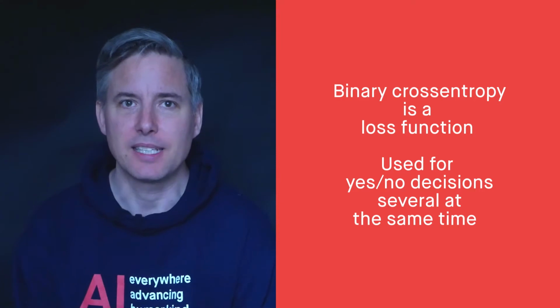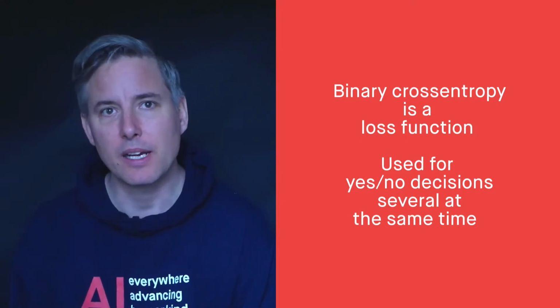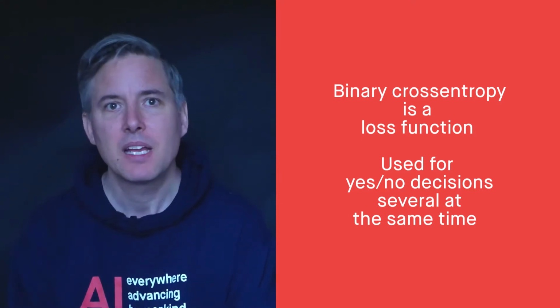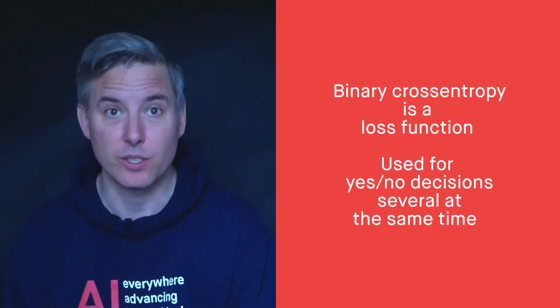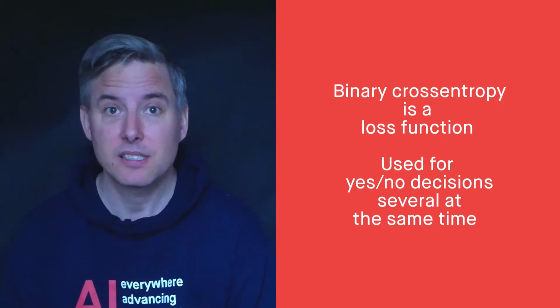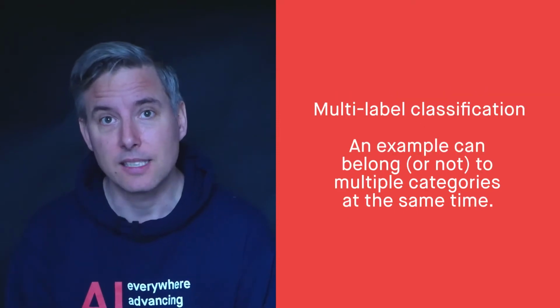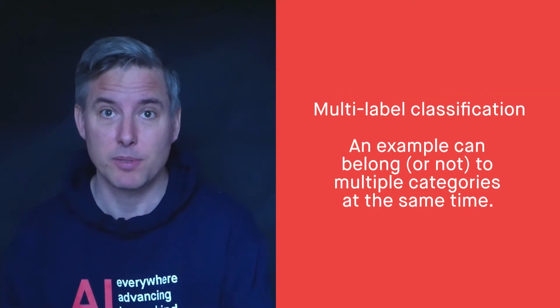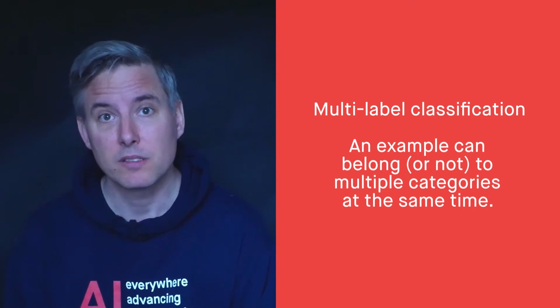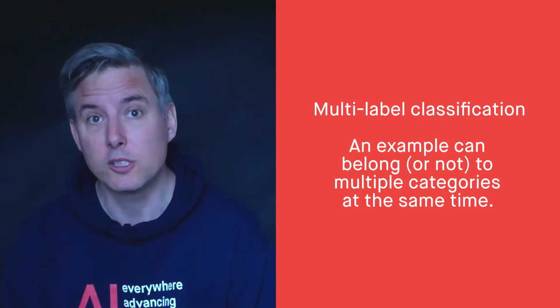Binary cross-entropy is a loss function that tells you how good your model's predictions are. It is used to make yes or no decisions and can optimize several such decisions at once. A typical case is the multi-label classification problem, where an example can belong or not belong to multiple categories at